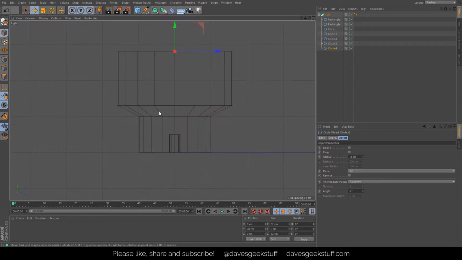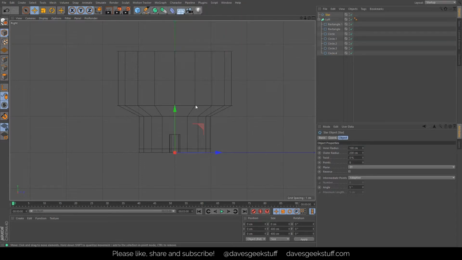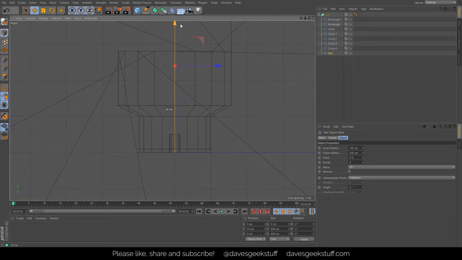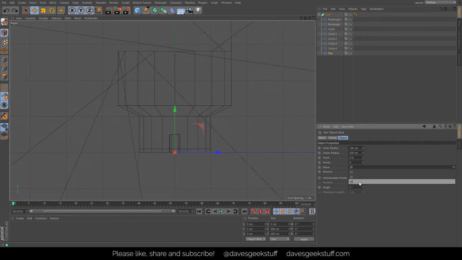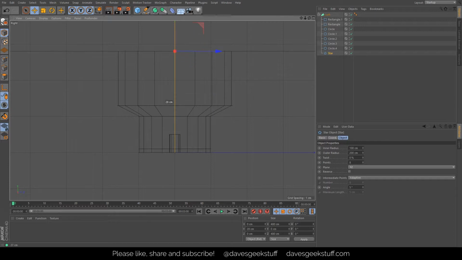Go back to our right view. I'm going to now add in a different spline, which is the star, and I'm going to bring that down to the bottom of the loft. I'm going to lift this up to, in fact before I lift it up to the top, I need to put it on the XZ plane, and then I need to lift it up to the top, which is 28 centimeters so far, which will actually be 28mm,